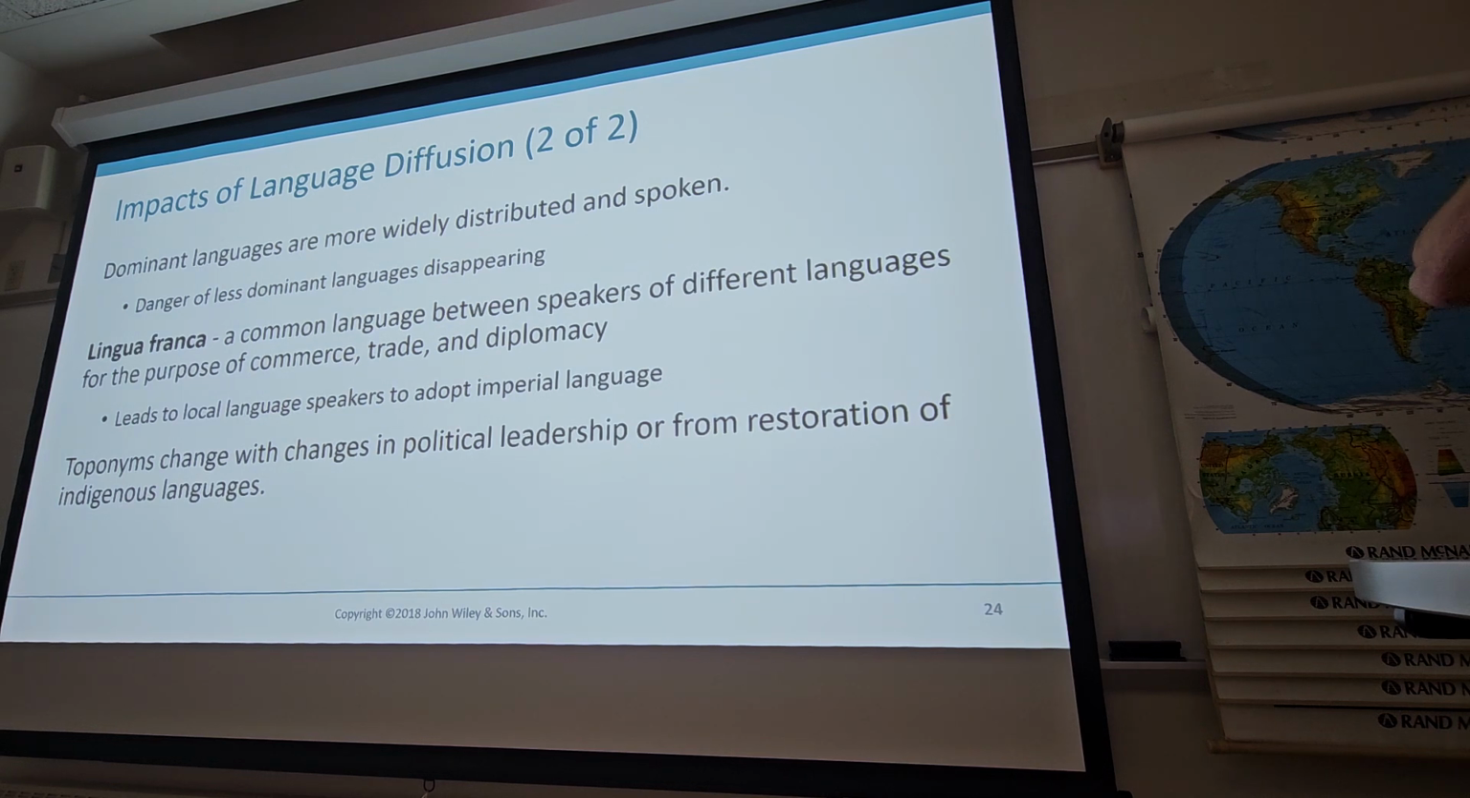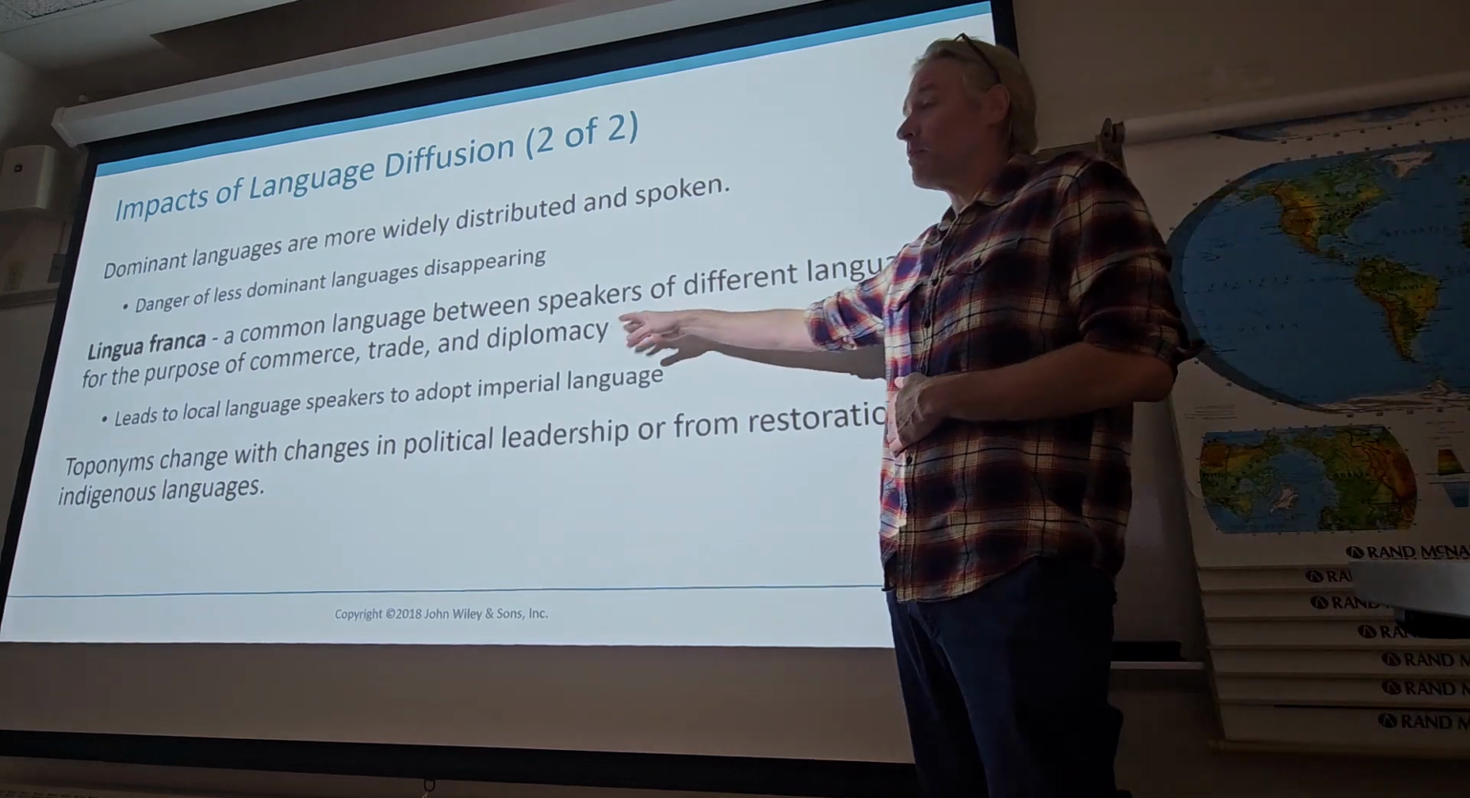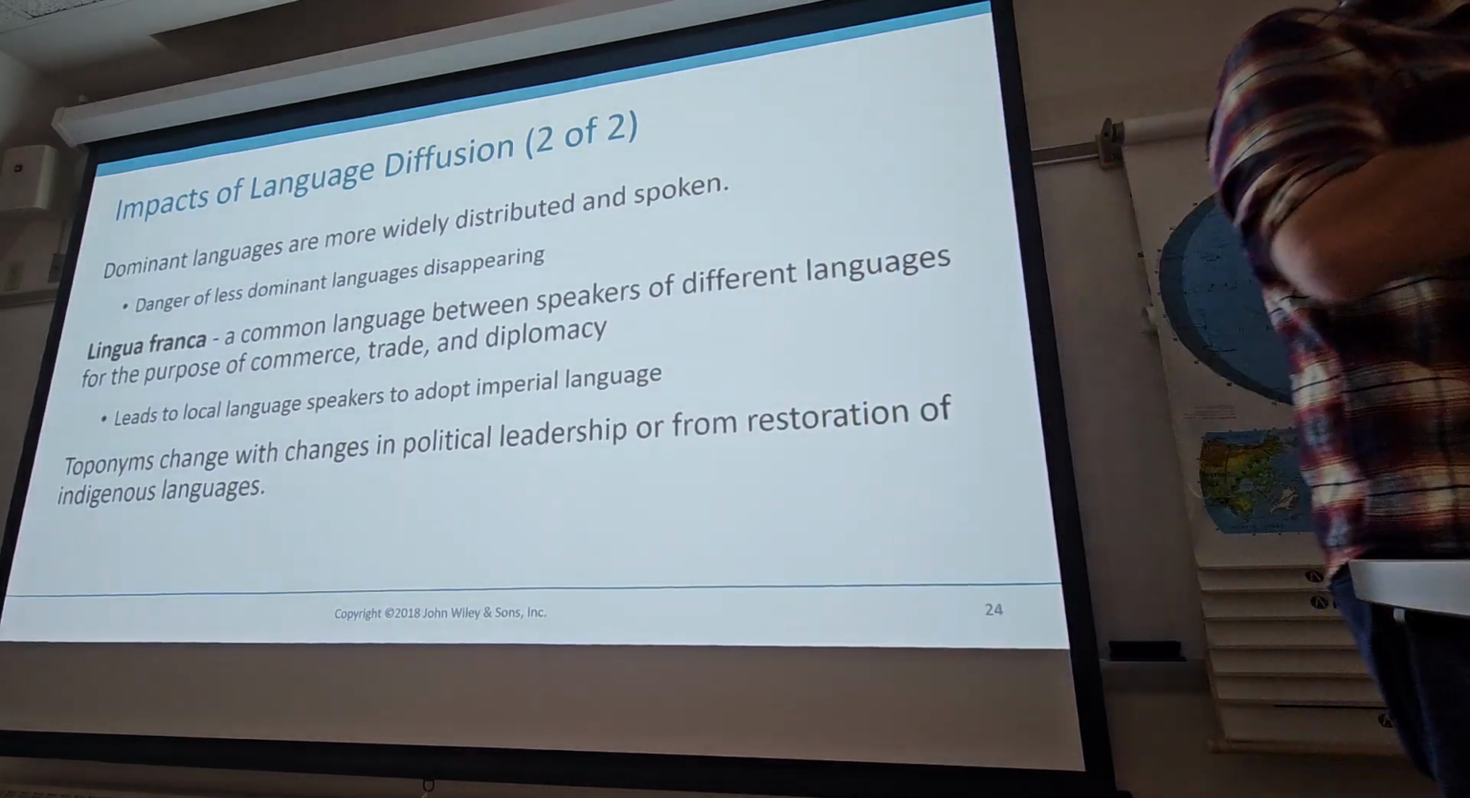See, when I mentioned that some things repeat from the past chapters, I think lingua franca was brought up before. Common language between speakers of different languages for the purpose of commerce, trade, and diplomacy. Very often this can be a pidgin language. A pidgin language is,